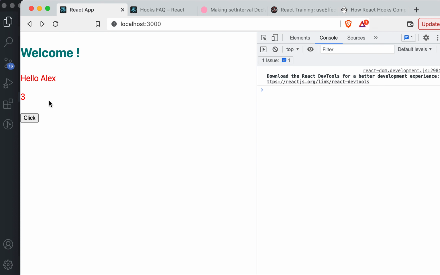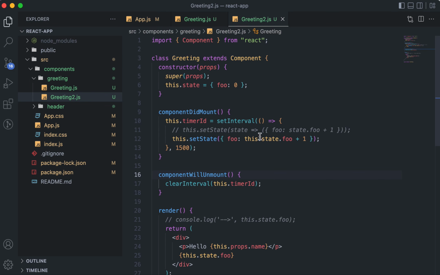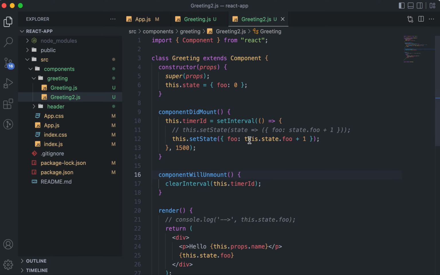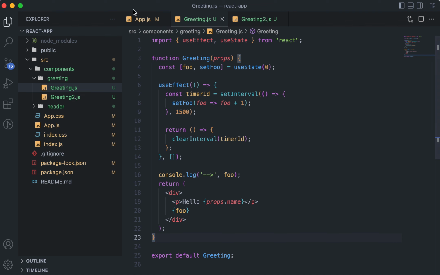And why is it still working? Because even if you are not using the functional case, there is no race condition. There are not too many setTimeouts going here and there, right? So just after 1.5 seconds, just one setTimeout. So there is no race condition, and that's why there is not much problem here. We can go ahead with this also, right? But let's try to do the same thing here,